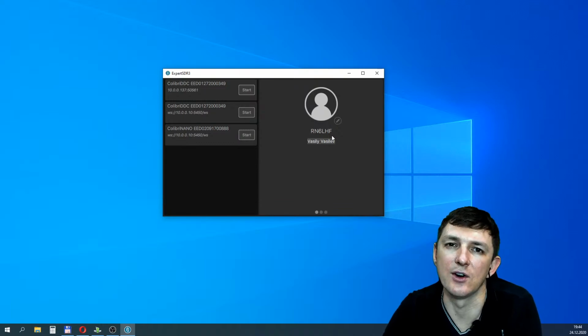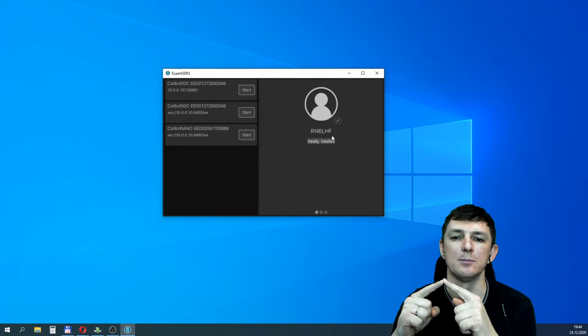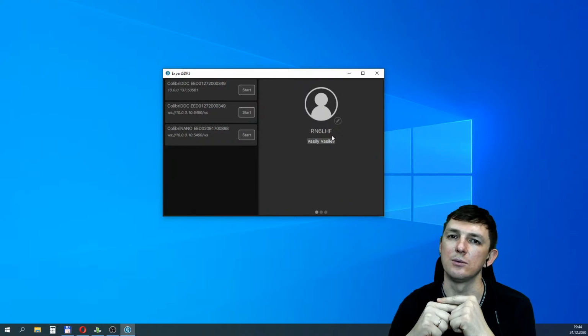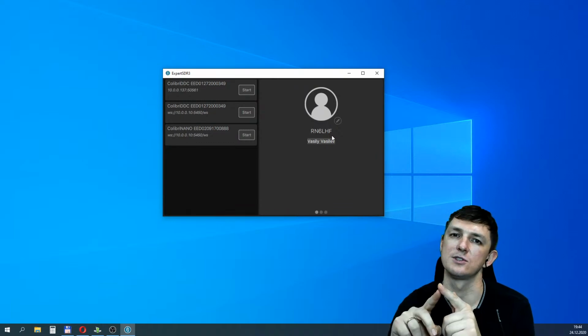It's direct traffic connection. You use cloud for first connection, but traffic goes directly from your remote site to your local site. Cloud just for interconnection for first time.